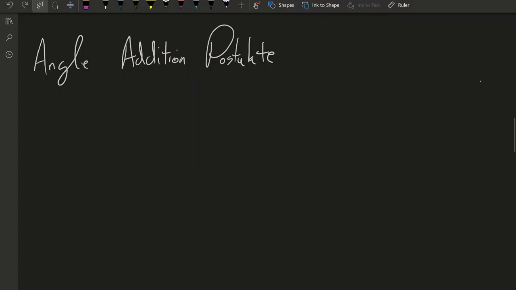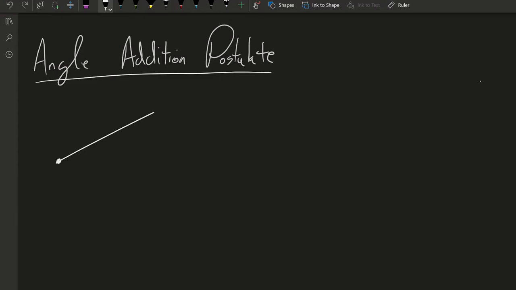Hello students, today we'll talk about the angle addition postulate. Now remember, just like the segment addition postulate talked about a segment that had been broken up into two pieces. And the segment addition postulate said that the lengths of the two smaller pieces is equal to the length of the big piece. Well, in the same way, we're going to take an angle today and split it into two